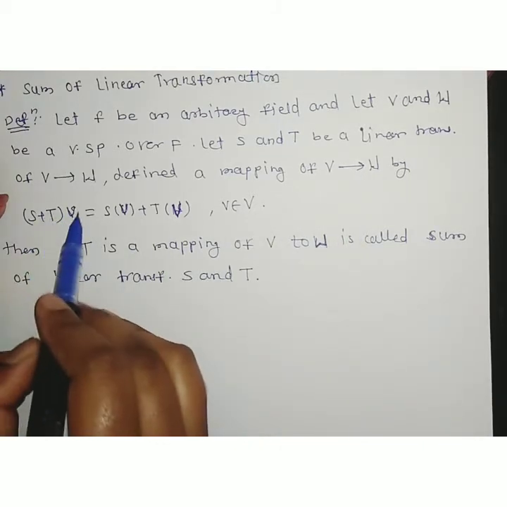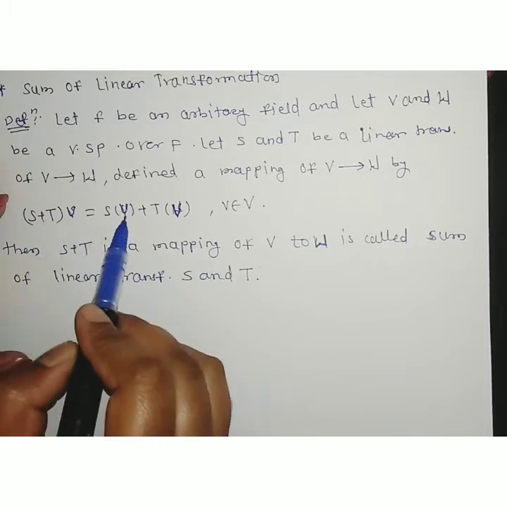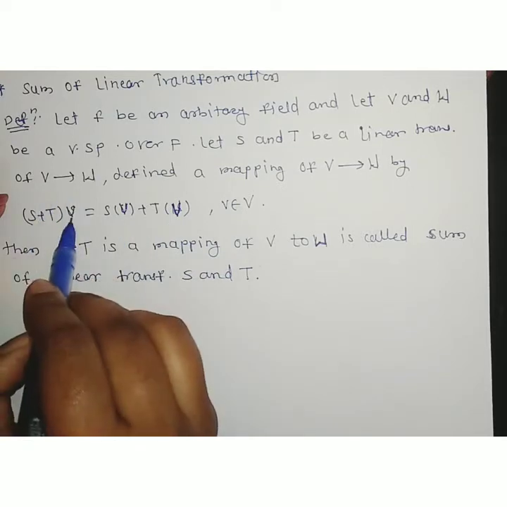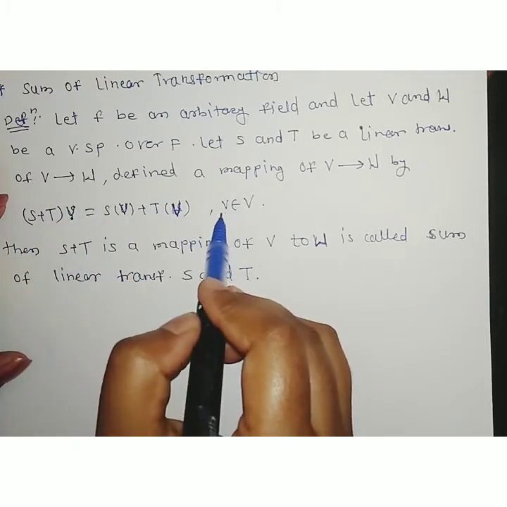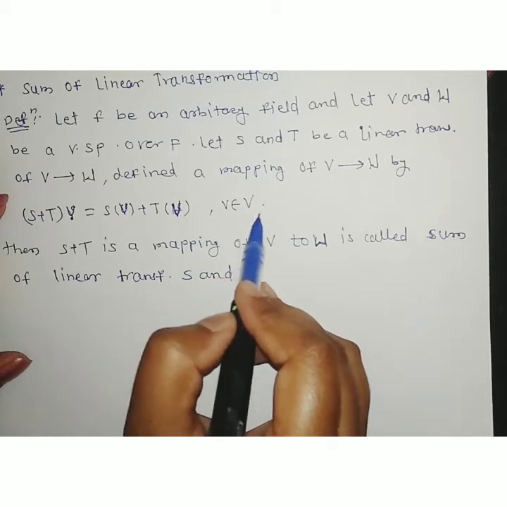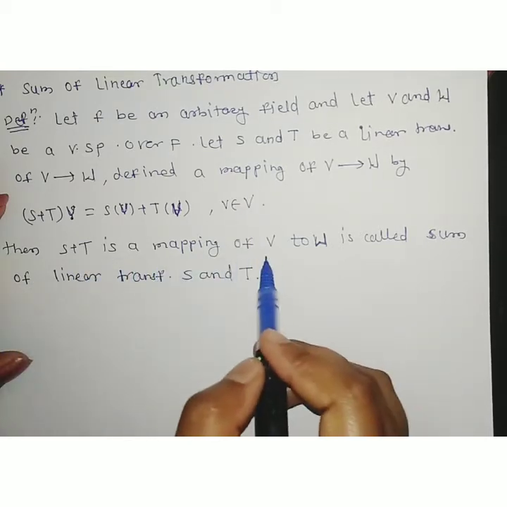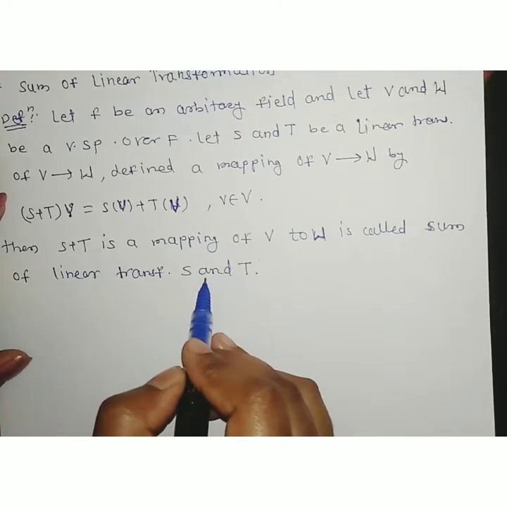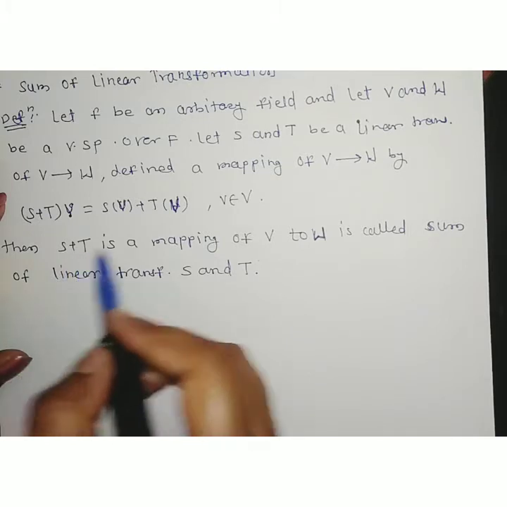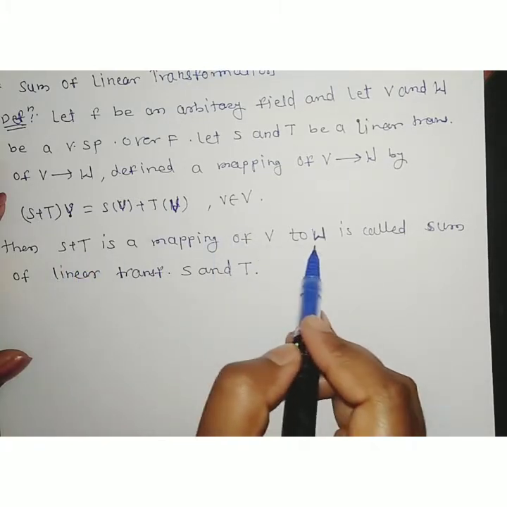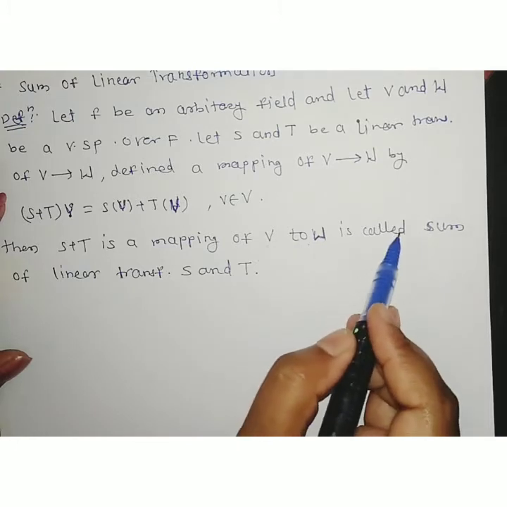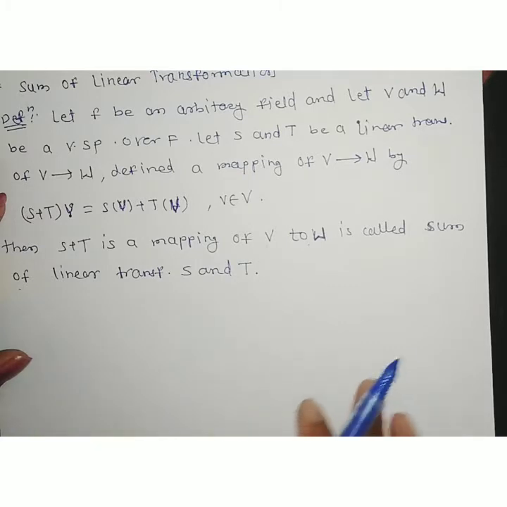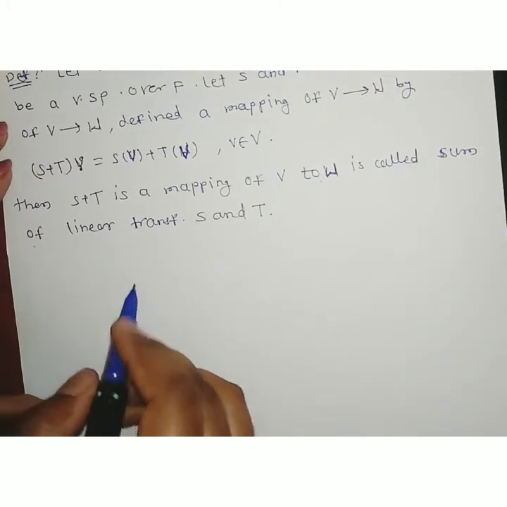(S plus T) of v is equal to S of v plus T of v, where this v is a small v, an element belonging to the vector space V. Then S plus T is a mapping of V to W, which is again a linear transformation, and it is called the sum of the linear transformations S and T. Okay, so next definition: